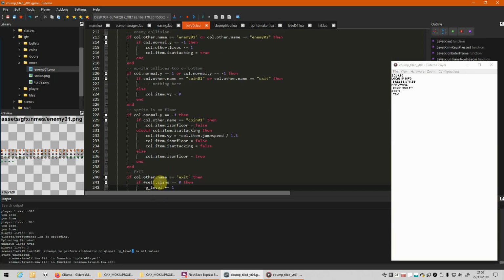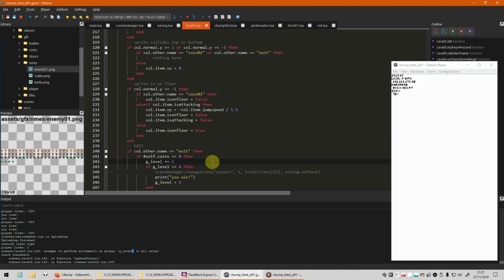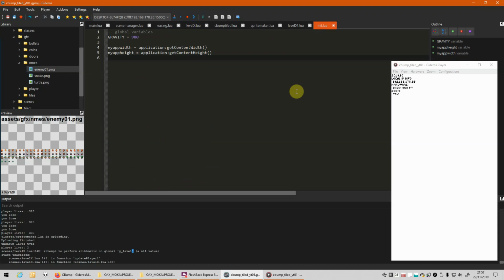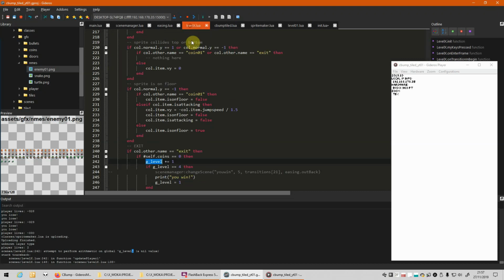So G level, G level is supposed to be a global variable as well. So let's add this variable equals 1. So that's when you change levels, it increments. It's +1, +1, +1, and when you reach level 4, you win.